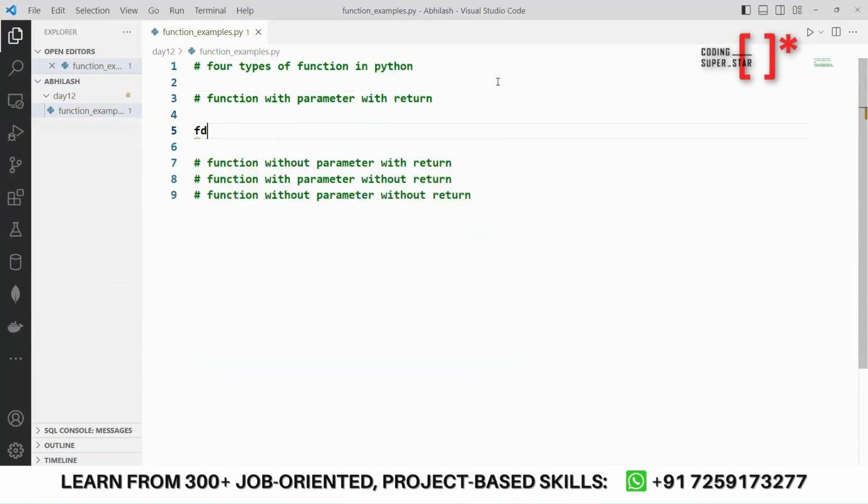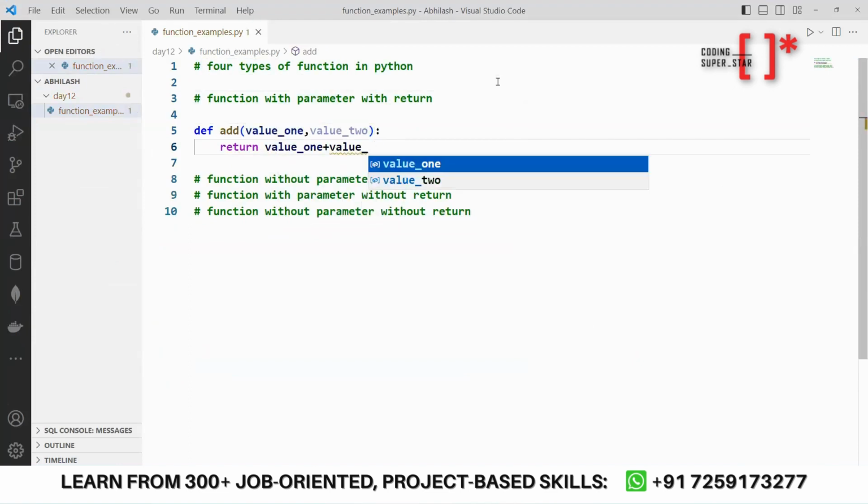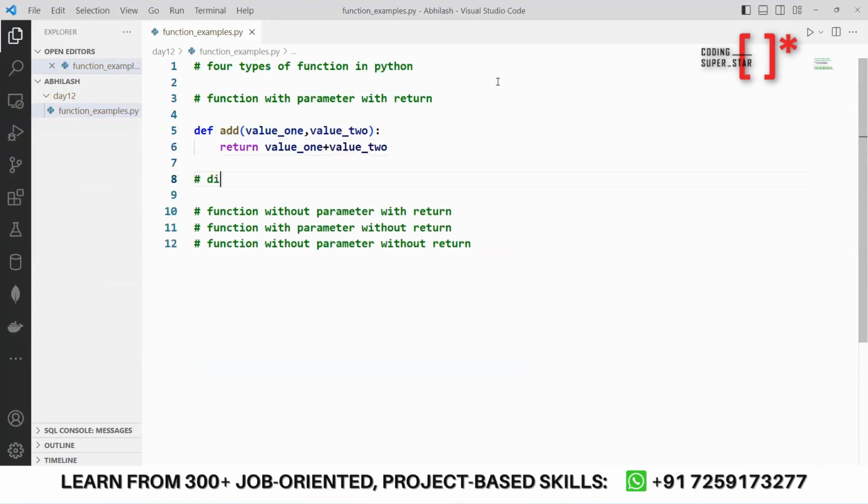So I'll just create a def add, which will take two number values, value one, comma, value two. Followed by that, we can return value one plus value two. Since the function is returning,